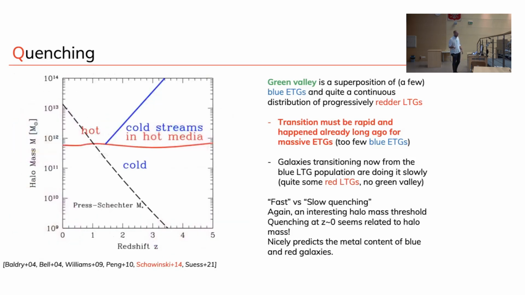Great, it can do that. This is again another version of why you have this threshold as well. This is in the original Birnboim paper. This is the typical growth of a halo mass that ends up being a group-like halo. And so if you're down here, you have accretion, here you don't, here probably you do have, but it works only at high redshift.